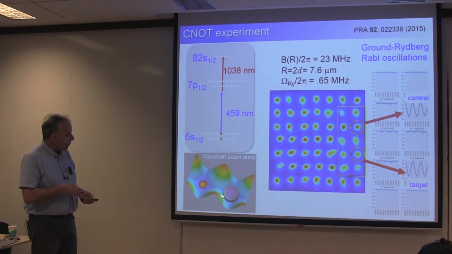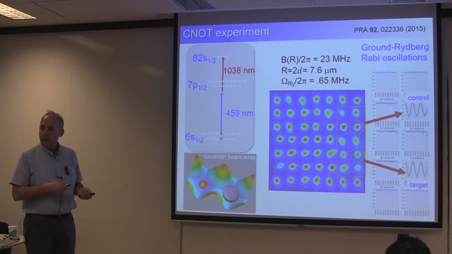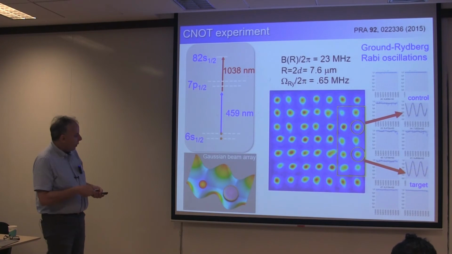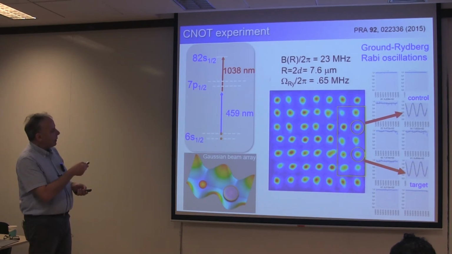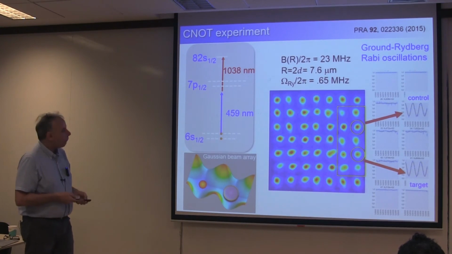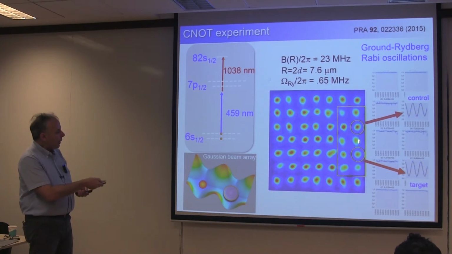It's possible to design this so the trapping potential is the same for both the ground state and the excited state, a so-called magic condition, and that's something we've been able to observe in experiments, but we're not actively using in these experiments here. So we do a 2-photon excitation up to the Rydberg level. I can pick out a couple sites in the lattice that I focus my excitation beams on and observe Rabi oscillations between ground and Rydberg states on these two sites. And here we're working at next nearest neighbors, giving about 20 megahertz or so interaction.